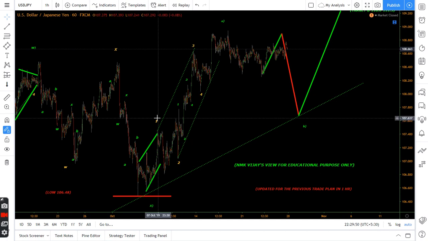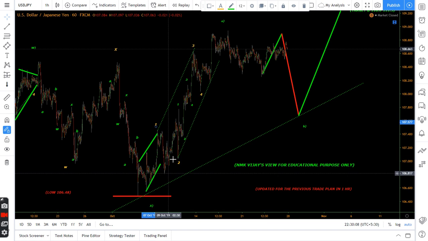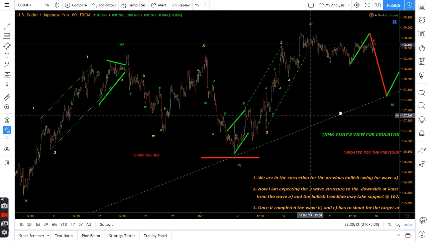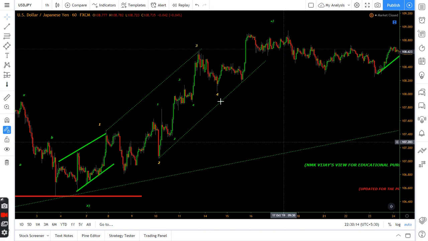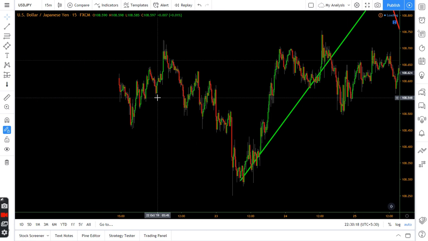Once you understand where you are making the mistake, you need to rectify that mistake, and then you will be in profit after that. So previously I got this as A and this place as B, and I started 1, 2, 3 like that. But what happened here is, in the 15-minute chart,